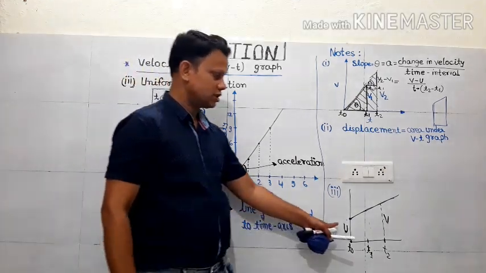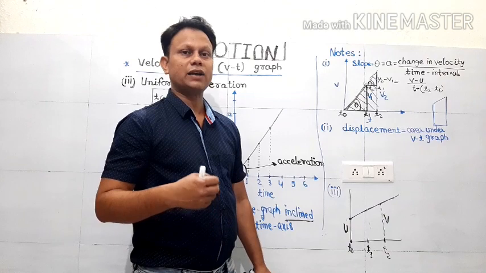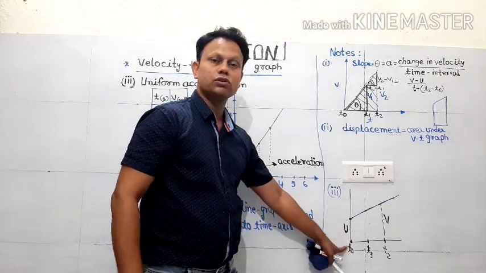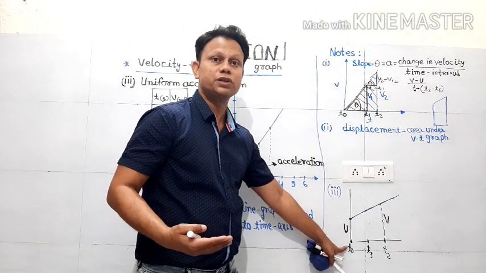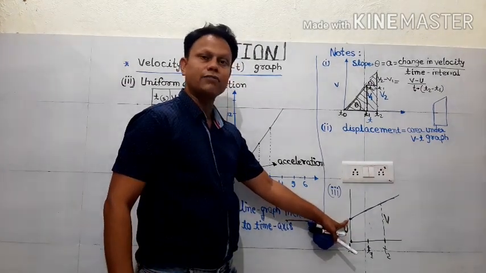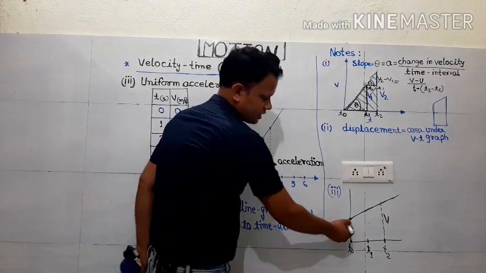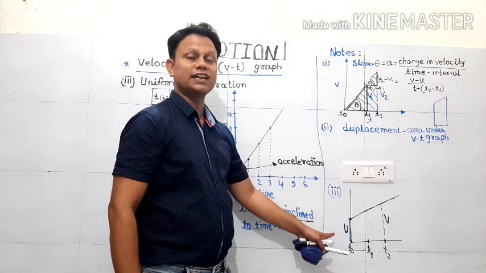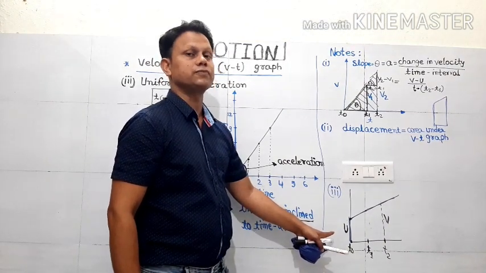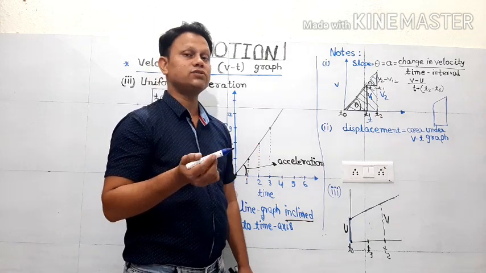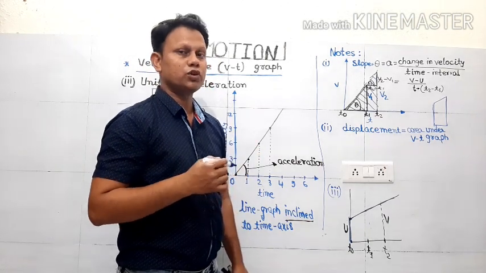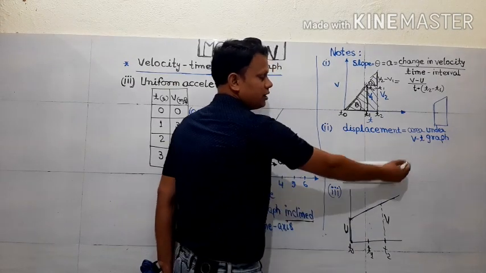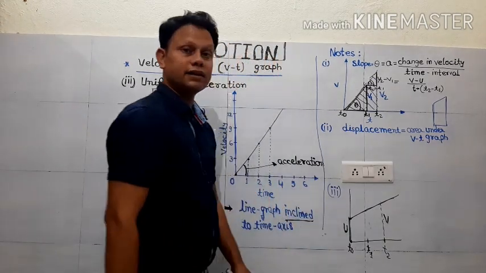So in that situation, suppose the body has a speed of 5 meters per second when I started my observation. This will not start from 0 because the body has not 0 speed, it has some value of speed. So I will start from 5. Here I have shown this height. This height is showing that the body has acquired some velocity at 0 second, that means when I started my observation. So when the body has already acquired some speed when the observation has started, the line will not rise from 0, it will rise from somewhere here. But still it is a line graph.